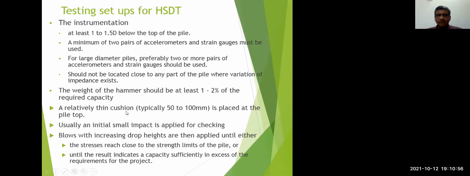A relatively thin cushion, typically about 50 to 100 millimeters, is placed at the pile top. Usually an initial small impact is applied to check the instrumentation fixed on the pile, as well as the coordination between the crew. Generally you increase the hammer blows, right? You use the same hammer but increase the drop height